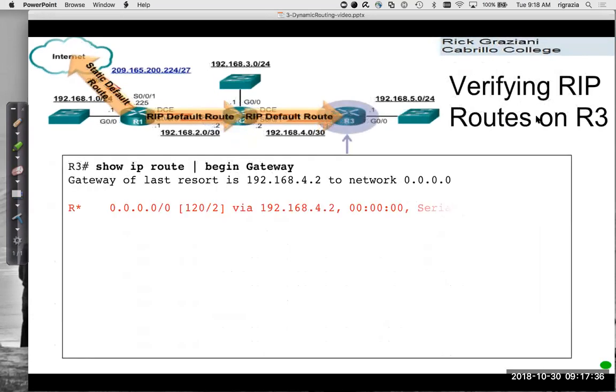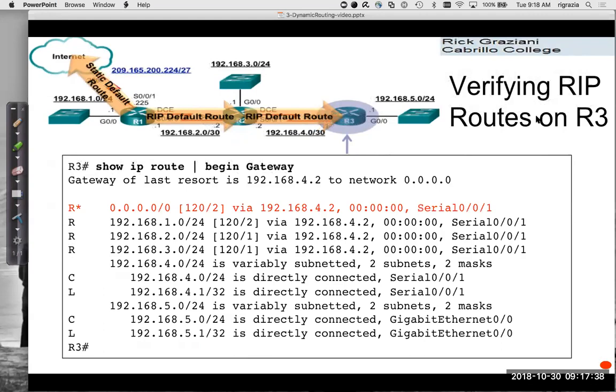On R3, we're going to see the same thing. There we go. So all the routers in our RIP routing domain, our RIP version 2 routing domain in this case, will get the default route automatically, and everybody will know that any packets that are not specifically in the routing table,